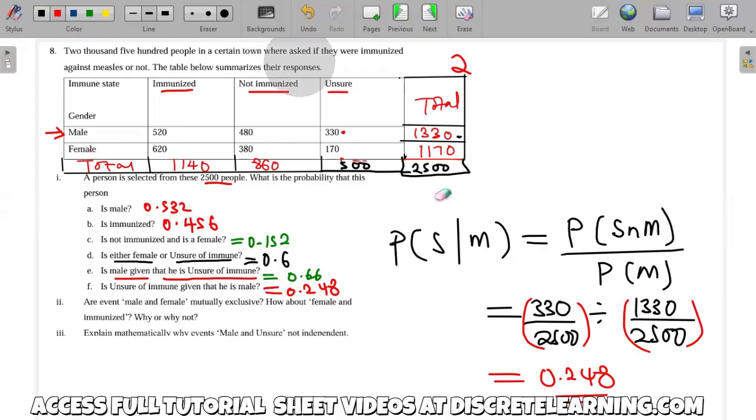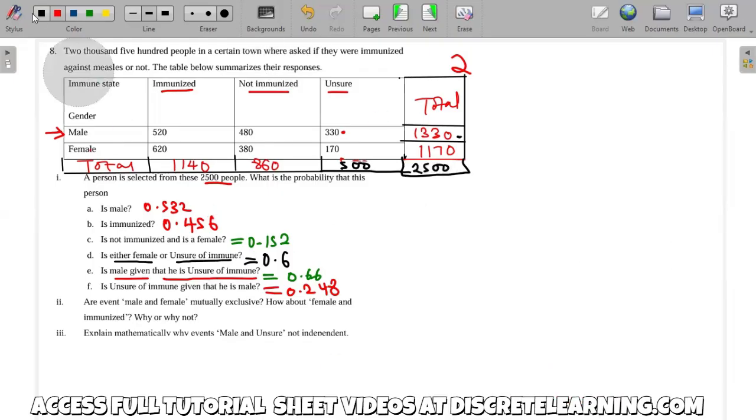Okay, let's look at the last two questions there. They are saying, are the events male and female mutually exclusive? How about female and immunized? Why or why not? So we start with male and female. If two events are mutually exclusive, then it suffices to show that their intersection is 0. So the first one, I'll just say the probability of male intersection female will be equal to